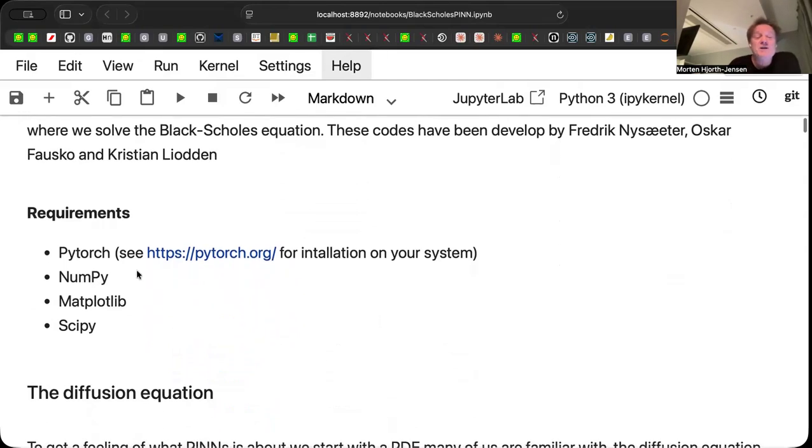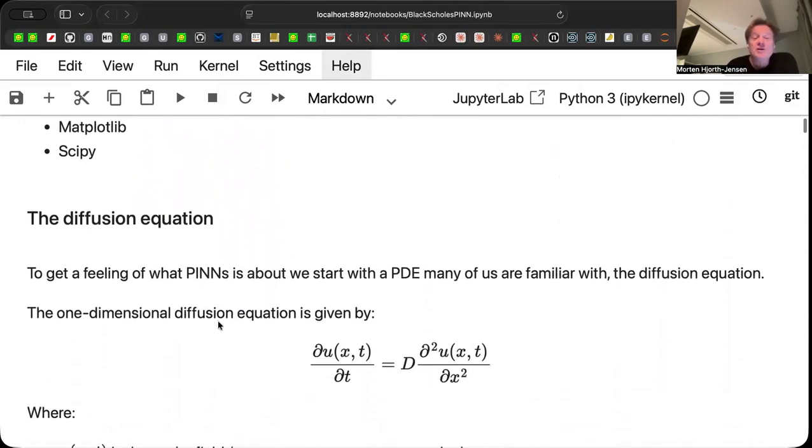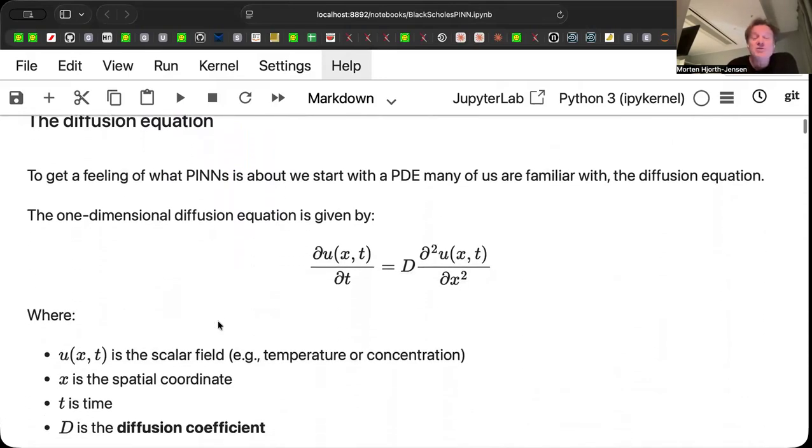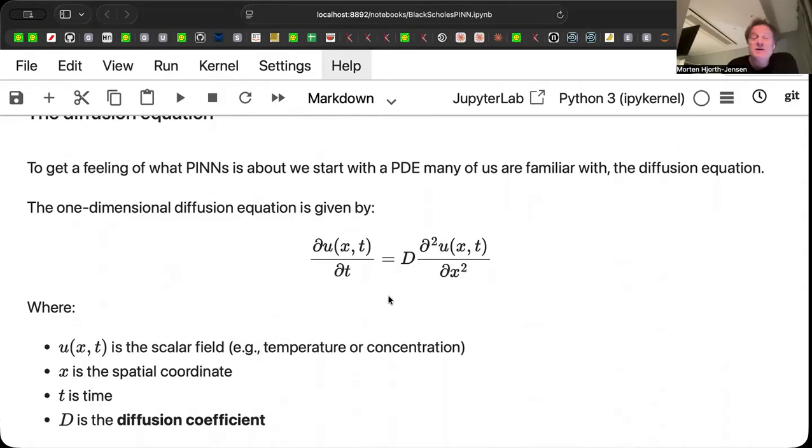What you would need then is simply to have installed PyTorch, NumPy, Matplotlib, which are standard libraries, which basically everybody has. And then it can sometimes also be convenient to have scikit-learn as a library. So the diffusion equation, just to quickly remind you of that one,